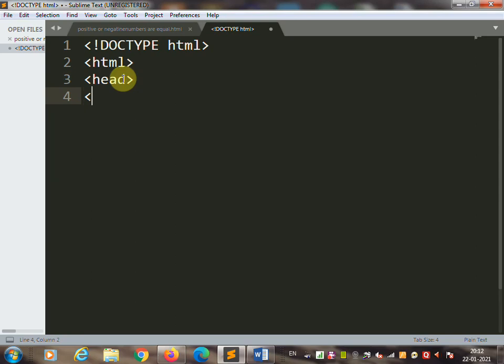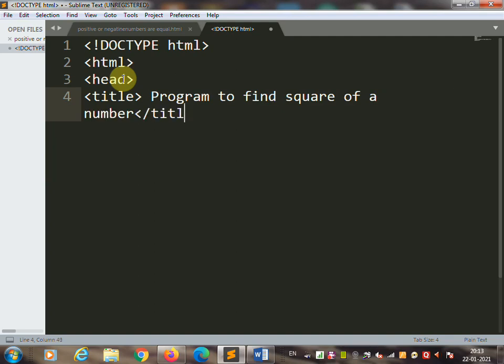After head we are going to use the title tag, and we'll write here program to find square of a number. Close the title tag. Close the head tag.